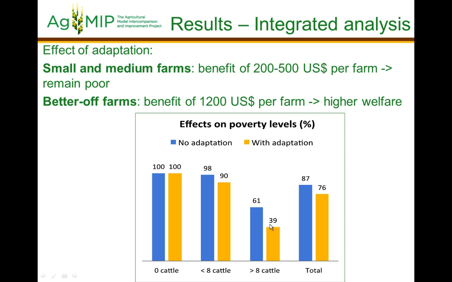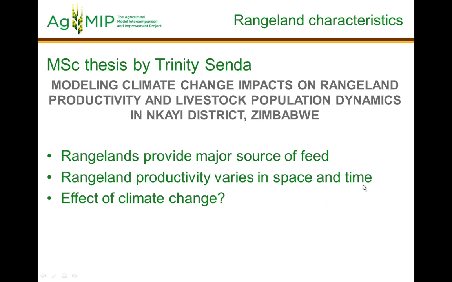And those results were much better for the people who owned more cattle, where we see that the percentage of the farmers below the poverty line was reduced from about 60 to about 40%. Okay,